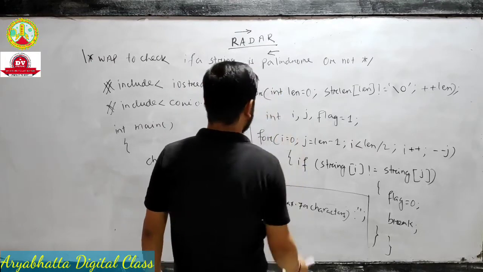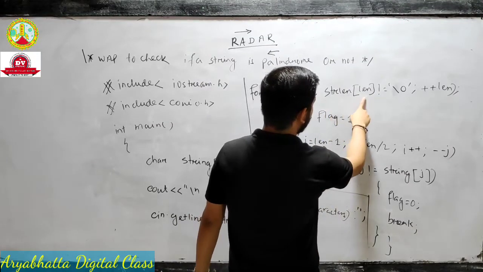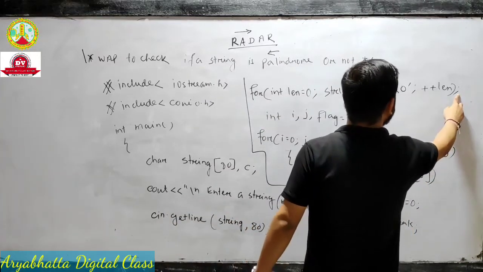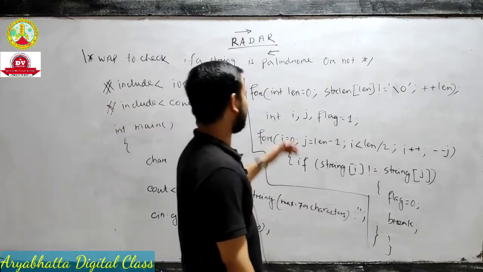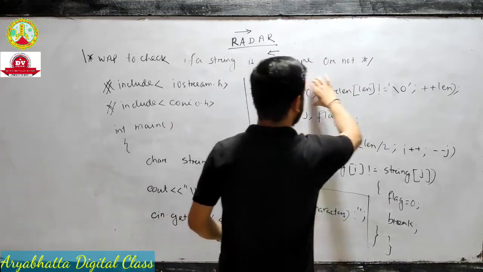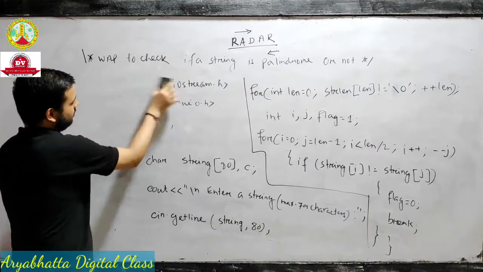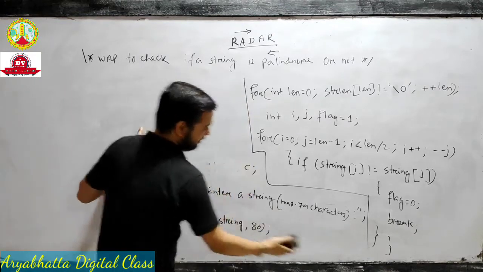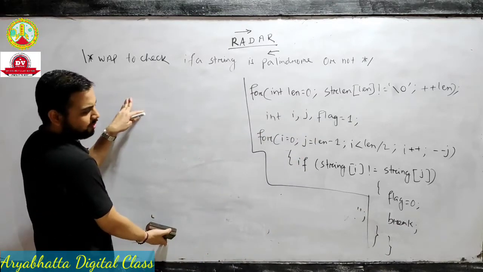Now you see, this is the important portion. for (int len = 0; str[len] != '\0'; len++), and here we use a semicolon. Normally in a loop we don't use a semicolon, but here we use it because this is actually a very important, different concept. I will tell you, but first I have to complete the program because there is not enough space. That's why I wrote only up to this. Some portion is left, the remaining portion. First of all, I write this input part, that's why I erased it.